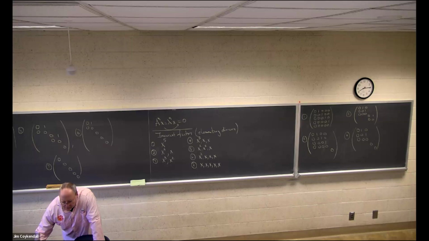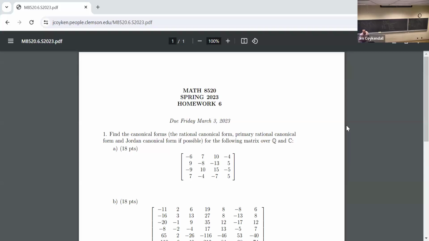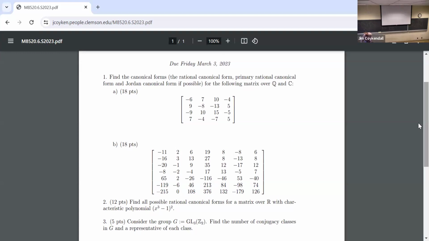So if we look at this right here, this matrix right here is nilpotent. Right, I mean, you would want to test that. But actually, for number 1B,